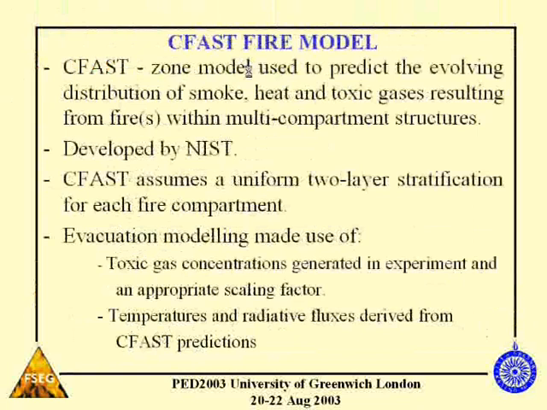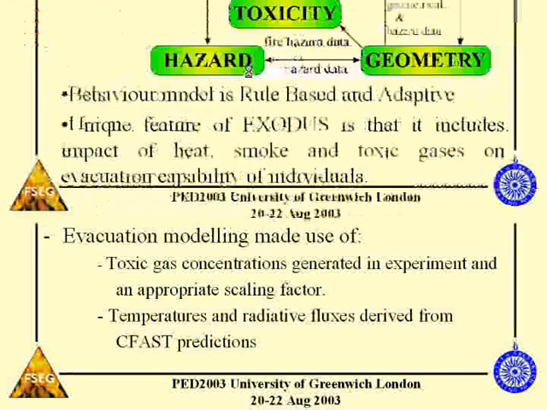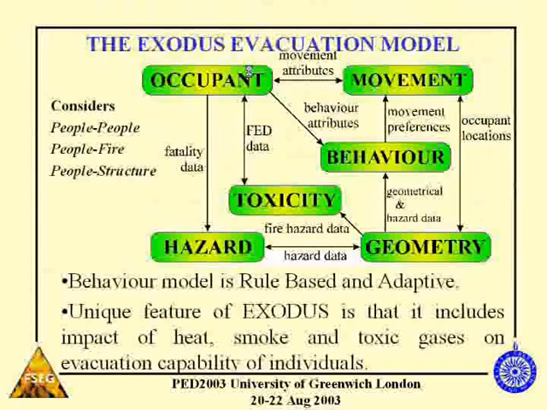We used CFAST to give us a distribution of smoke, heat, and toxic gases in the compartment. CFAST is developed by NIST, and it's a two-layer zone model. The evacuation modeling made use of toxic gas concentrations generated in the experiments, but scaled up using appropriate scaling factors, and temperatures and radiative fluxes and smoke concentrations derived from the CFAST calculations. We used buildingEXODUS to simulate these, and I'm not going to go through buildingEXODUS because you've heard enough